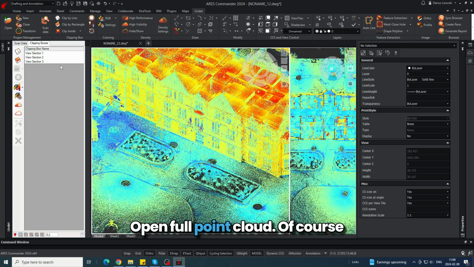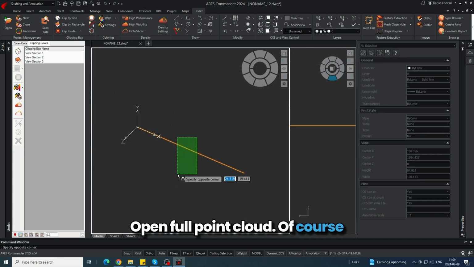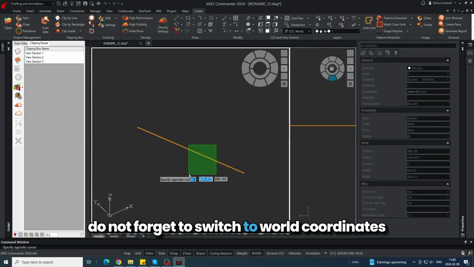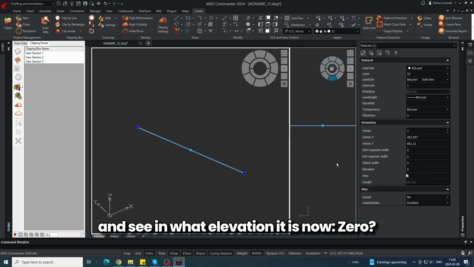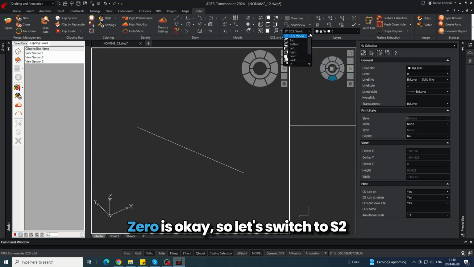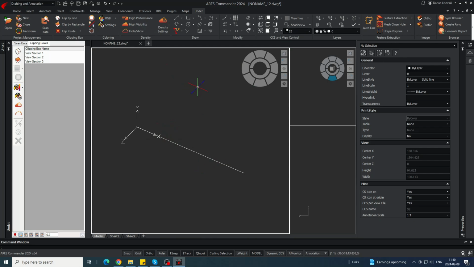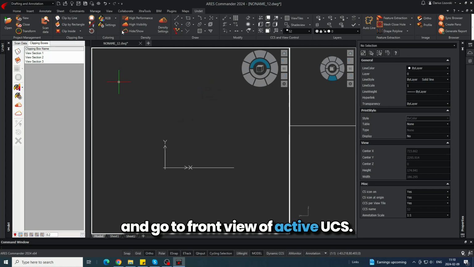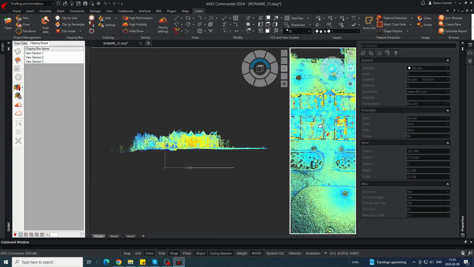We'll open full point cloud. Of course, do not forget to switch to world coordinates and see in what elevation it is now. 0 is okay. So let's switch to S2 and go to front view of active UCS, and we see it